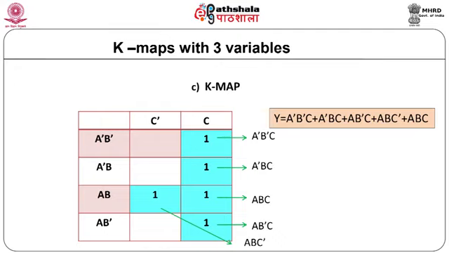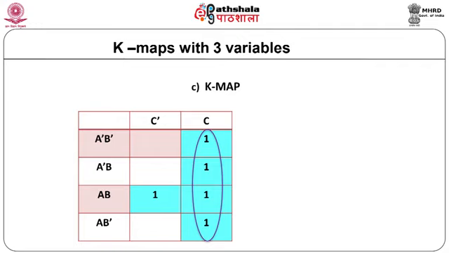By visual inspection, we can see in the column C, 4 terms could be grouped together and that forms the chord. Let us draw a circle around these 4 members. From this chord, we can see A and B variables are changing from one term to another. Thereby, we can eliminate A and B and C remains unchanged.